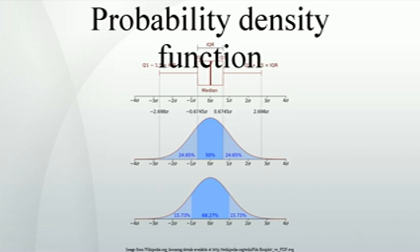Families of densities. It is common for probability density functions, and probability mass functions, to be parametrized, that is, to be characterized by unspecified parameters. For example, the normal distribution is parametrized in terms of the mean and the variance, denoted by mu and sigma squared respectively, giving the family of densities. It is important to keep in mind the difference between the domain of a family of densities and the parameters of the family.